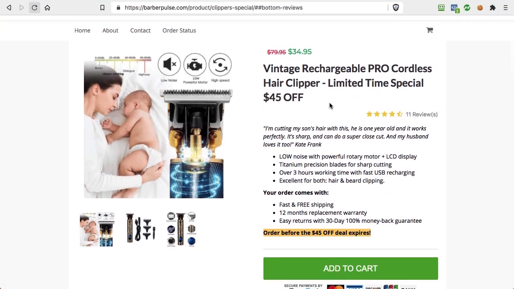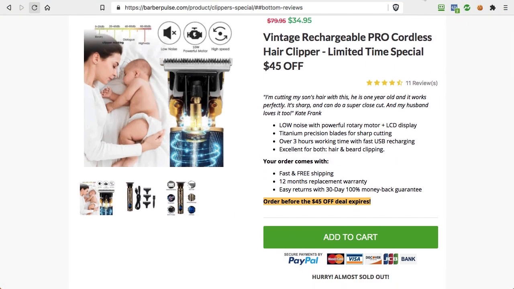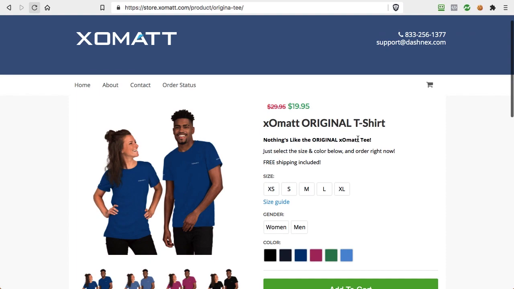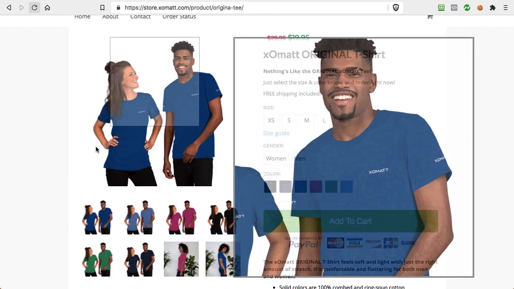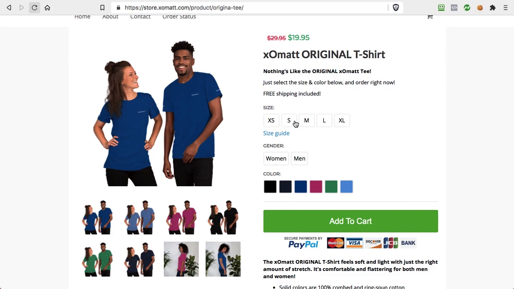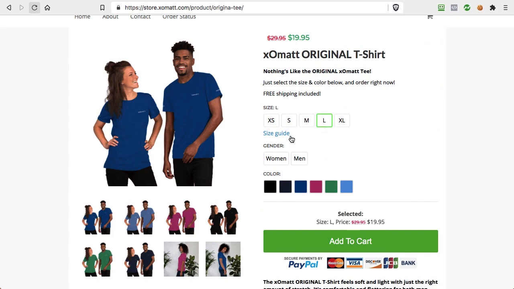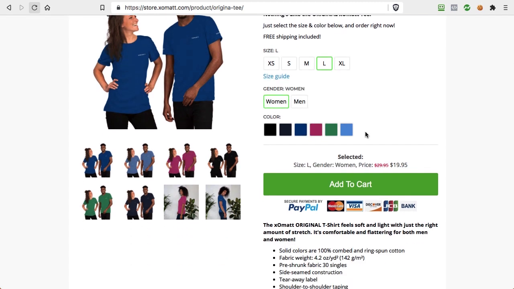Now, since this product doesn't need product options, I'm going to show you this other store where we have a product that needs to have multiple product options. And as you can see, we have here sizes and size guide, and we have the gender option, and we have the color option.